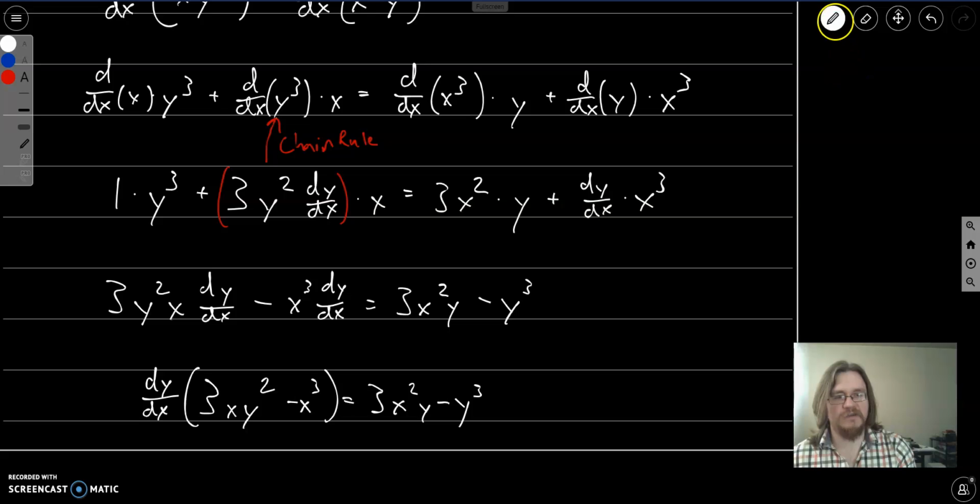And if I solve for dy dx, I will get dy dx is equal to 3x squared y minus y cubed, all divided by 3xy squared minus x cubed,